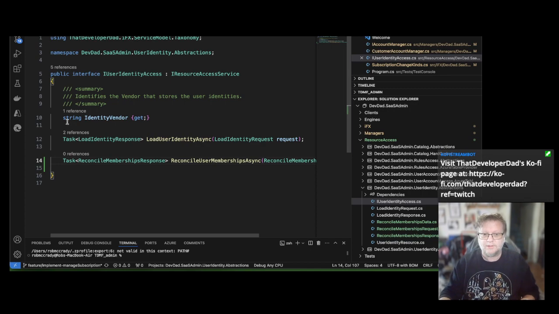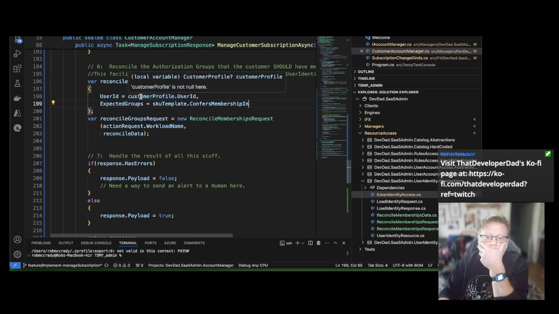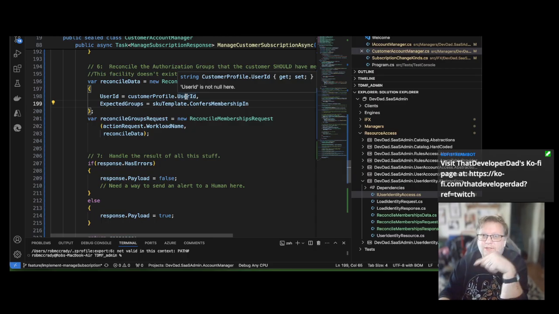Beautiful. Save. All right, customer profile. Now, the customer profile user ID, that is absolutely, we know that's going to be the right one, but